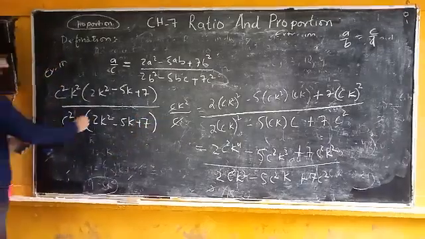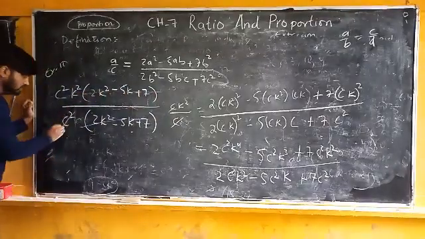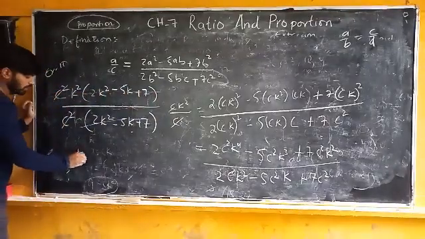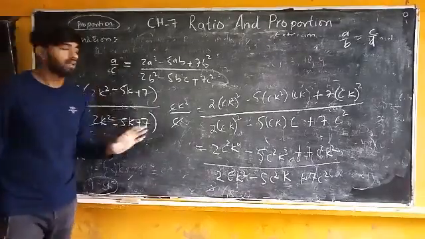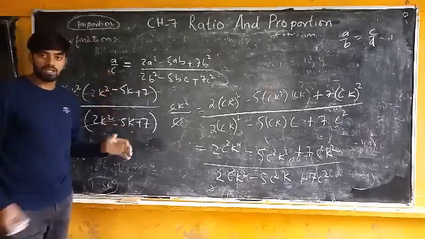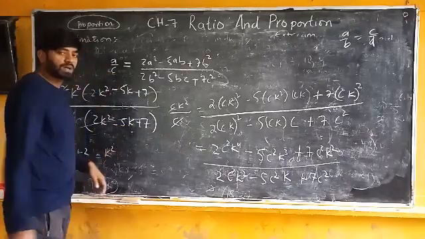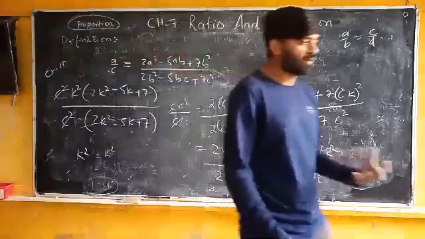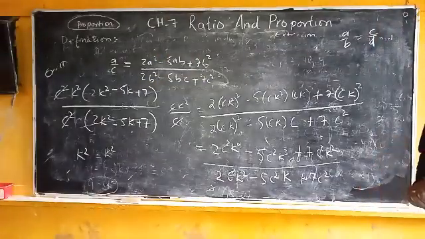Can you see this bracket and this bracket is same? They can get cancelled out, and then C square and C square can get cancelled out, and what is left? K square. If you look at the other side of the equation that we solved, A upon C की जो वैल्यू डाल के करेंगे, if you go back in the video, you will see तब भी कितना बचा था? K square. So K square equals to K square. That's how we prove continued proportion. Okay? You can go back and again in the video, you will understand.